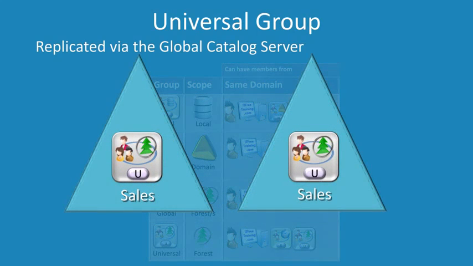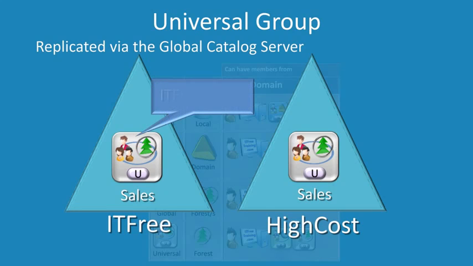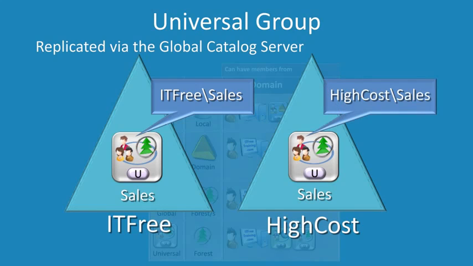Say two universal groups called sales are created in the domains IT-free and high cost. To access these groups, you could use the syntax IT-free\sales for the universal group located in IT-free. To use the group in the high cost domain, the syntax highcost\sales could be used. Thus, the universal group is still tied to the domain, but the membership details of this group are stored in